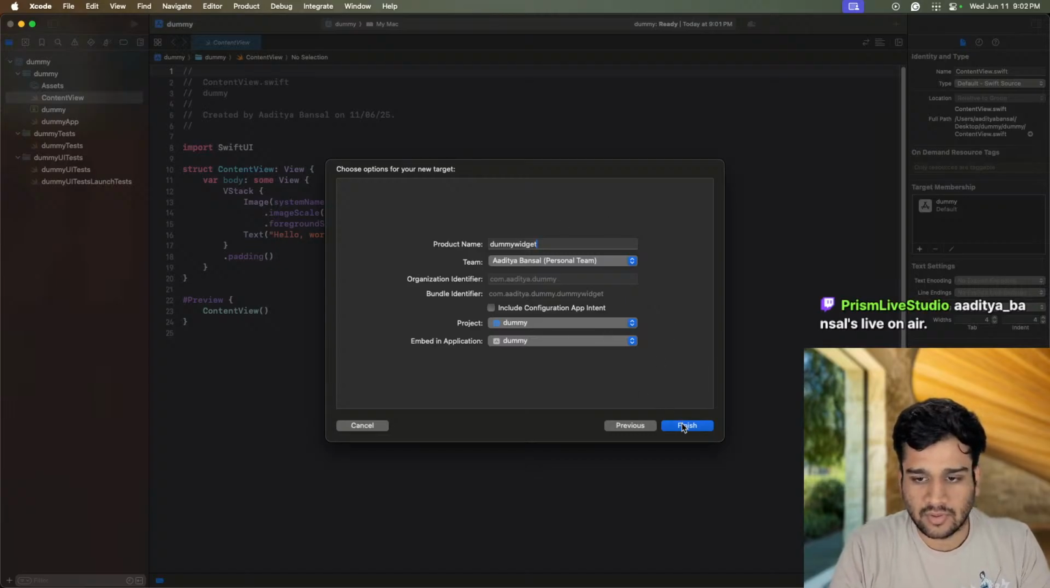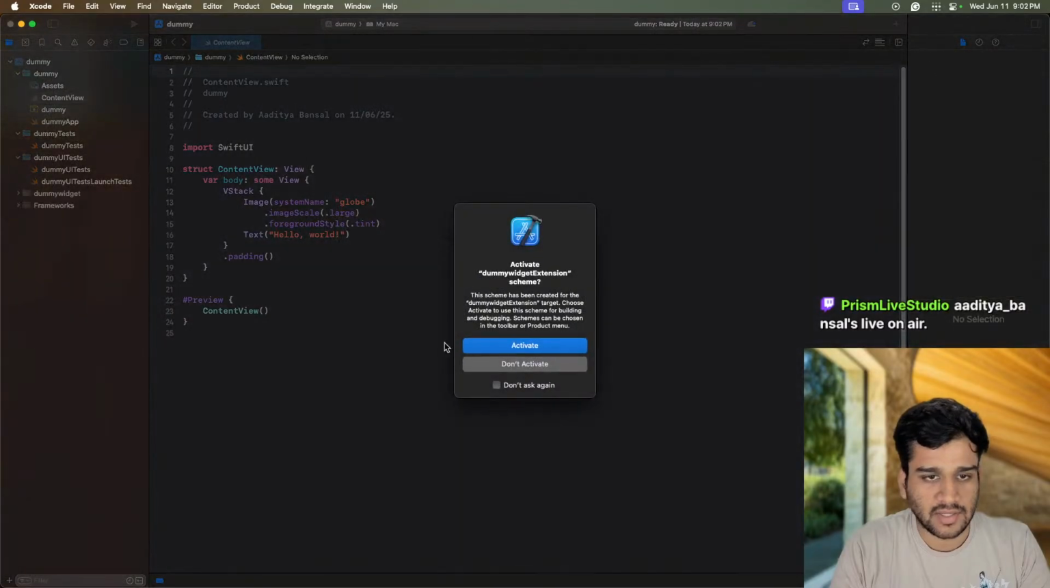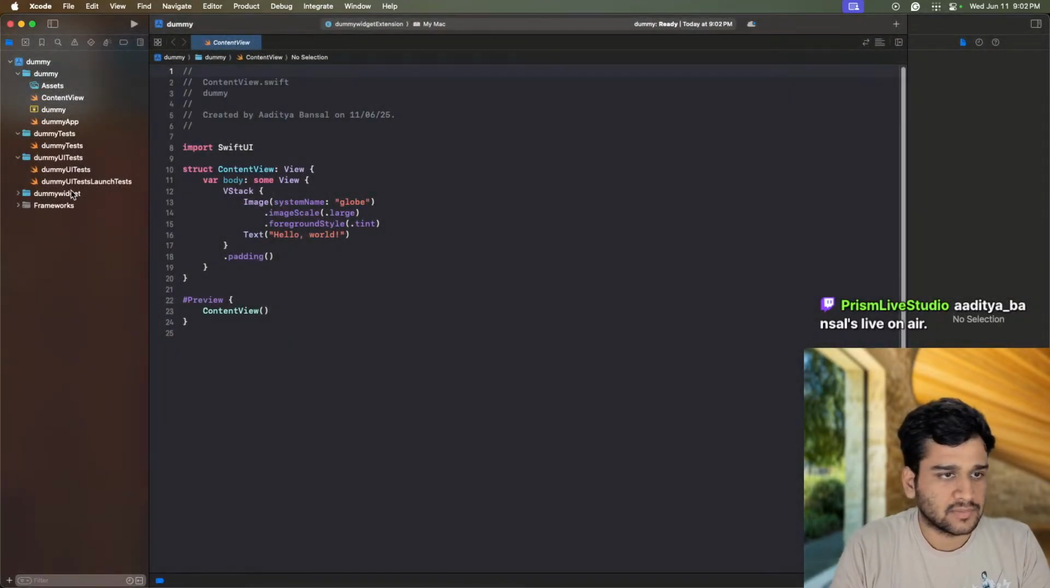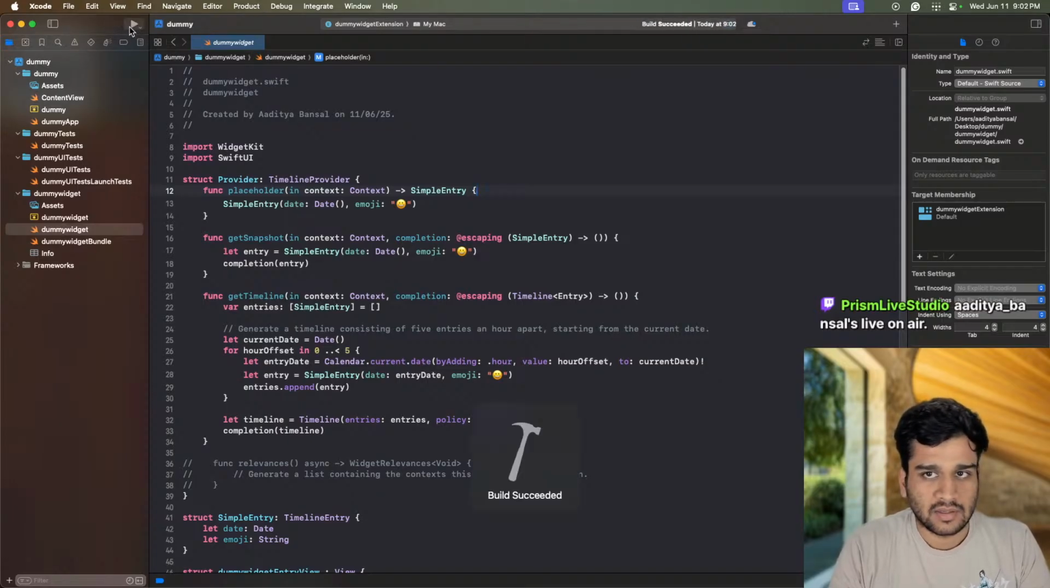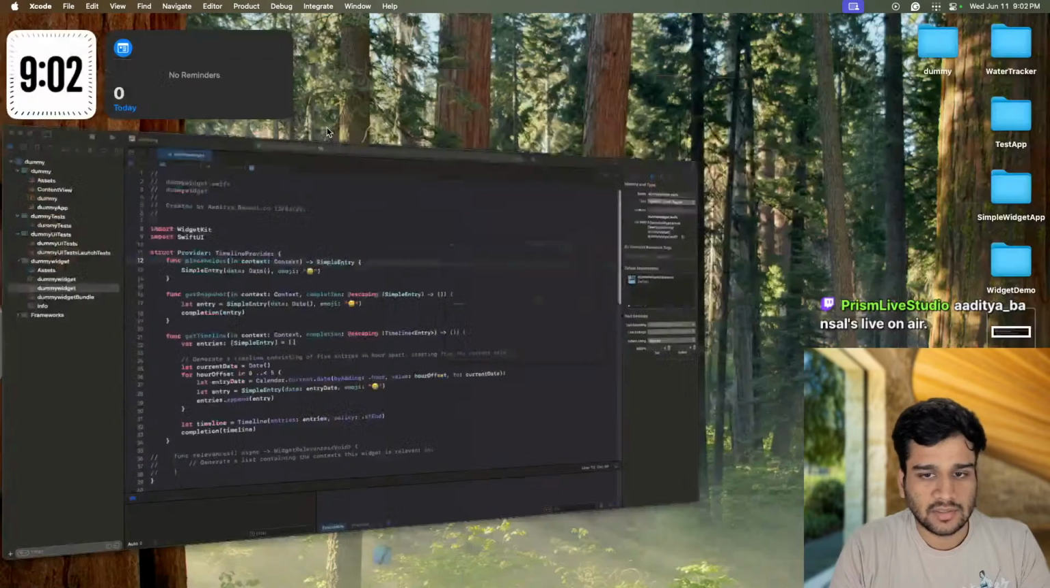This is all by default correct, so let's just leave it at that. Activate it. So now we have our dummy widget. And if we save it, build it, and run it,